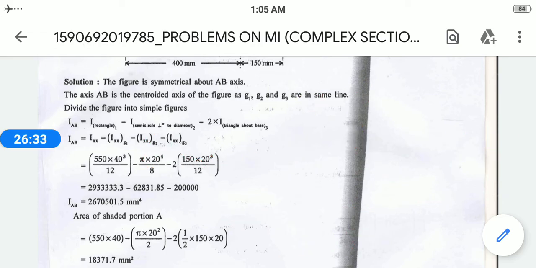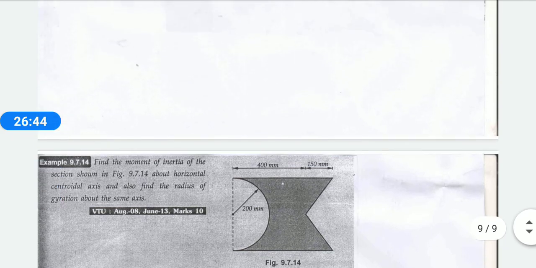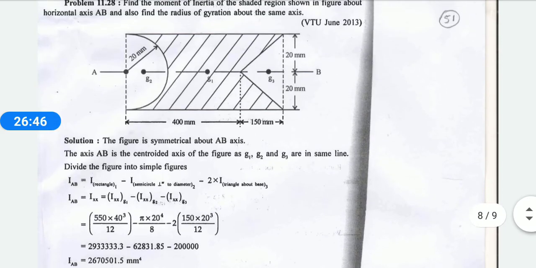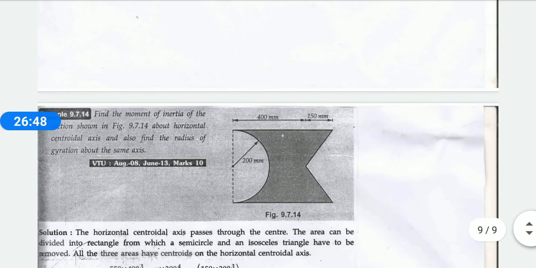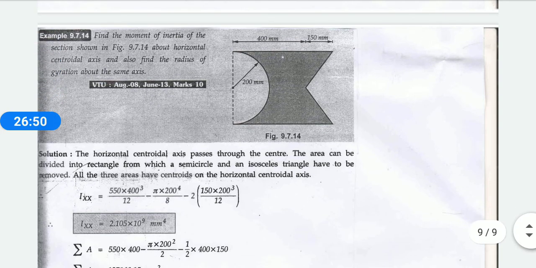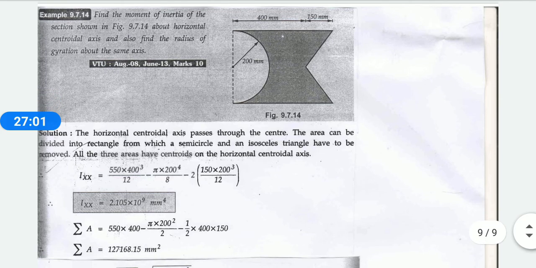So, whichever method is okay for you, adopt that method. Whether it is a normal table method or substitution method, everything will give you the same result. The same like this problem. See, this problem and this problem are very similar. So I'll explain this also. Same method, we are going to find the moment of inertia of the section about the horizontal. That means what we are going to find? At last, radius of gyration about the horizontal, that is K of xx.